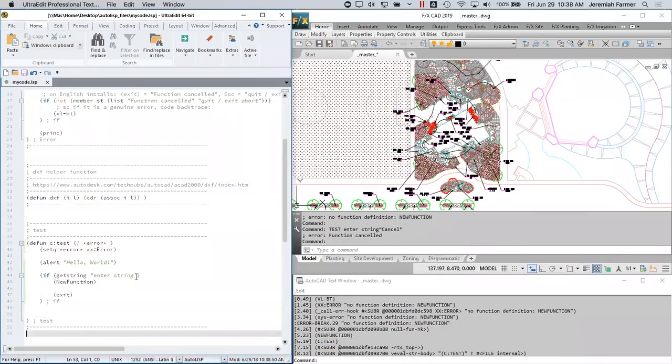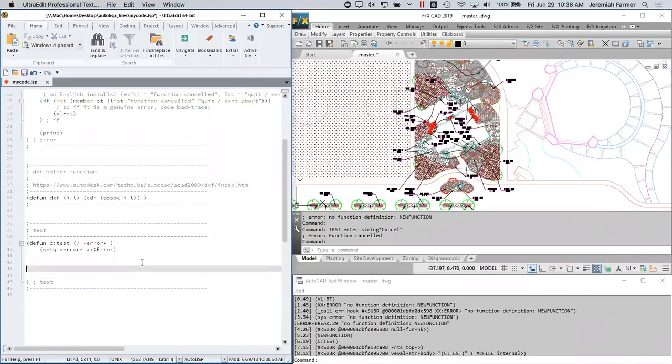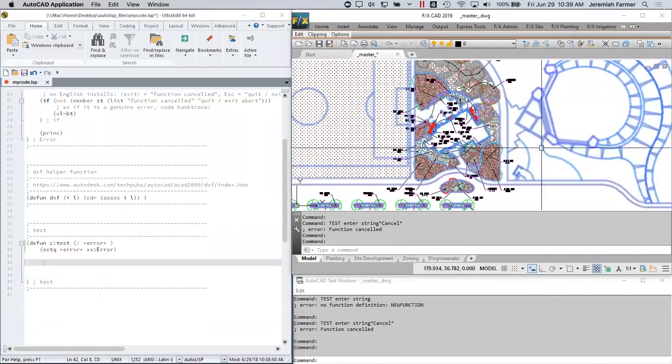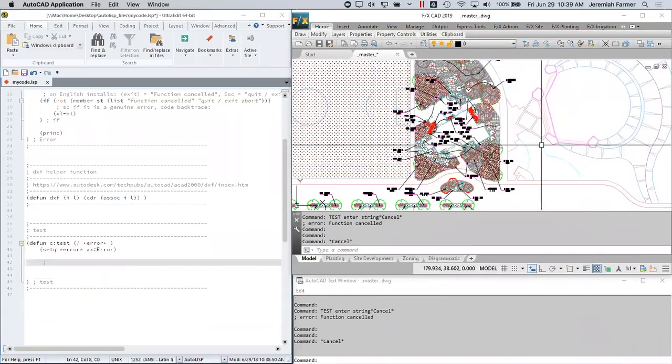So I can save that, and let's get rid of my hello world, and let's evolve this code, and let's write some code. So what are we going to do today? It's been reported to me many times, people go, I'm here in AutoCAD, and I got this XREF, right? I got this line in the XREF,